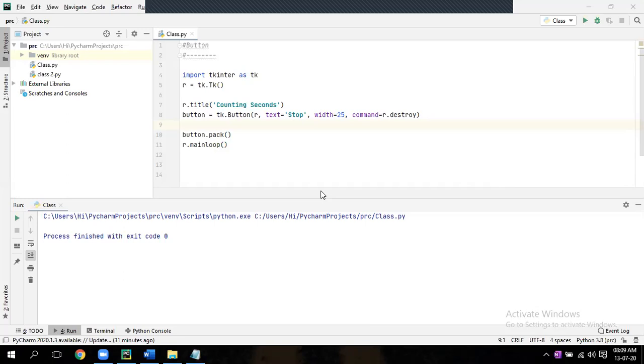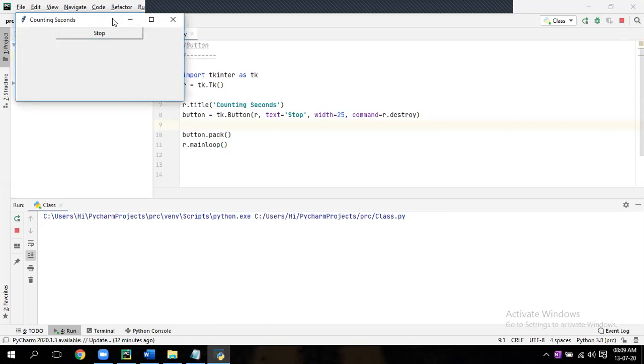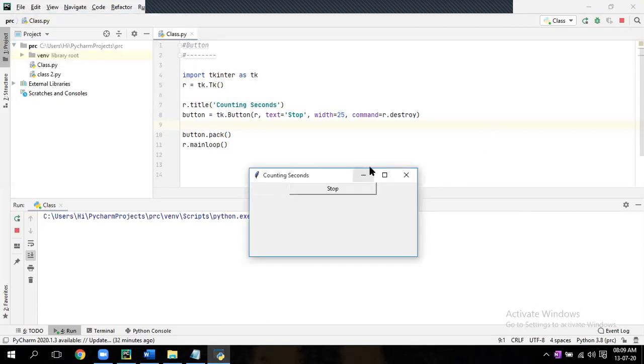Again run. That's it. Now do one thing. Cross that button, close it.